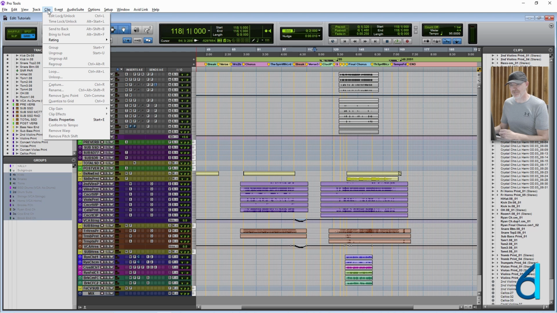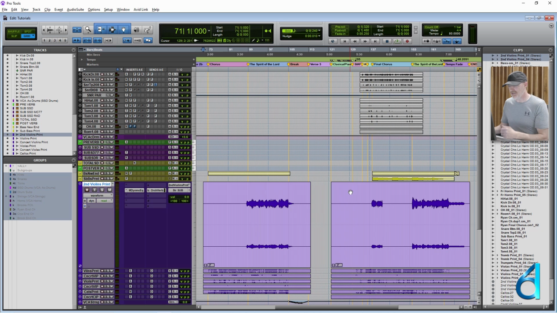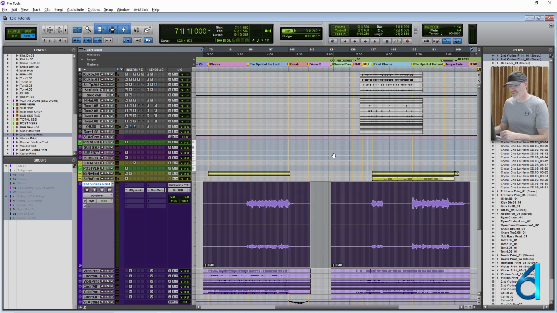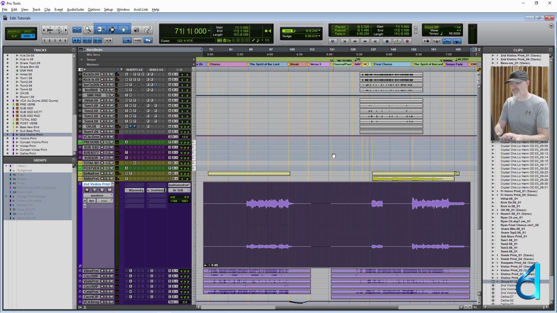Under the clip menu, here's a couple things for clip grouping that I'm using now. If I want to create a clip group of these two clips here, I'll just go in here. What I'm really looking for is just a way to simplify. I can't use Start G with any of these things, so I'm going to use Start U to ungroup, which I don't have anything grouped yet. And I used Y next to U, so I'm using that to do a clip group and U